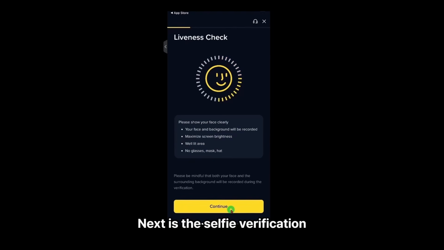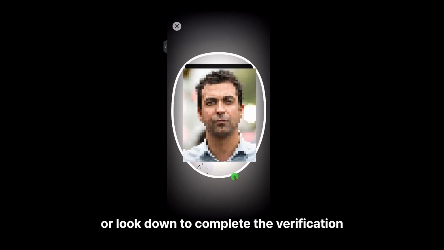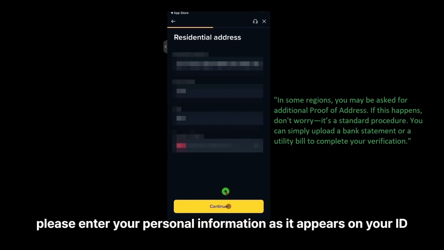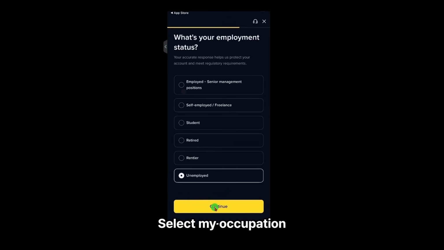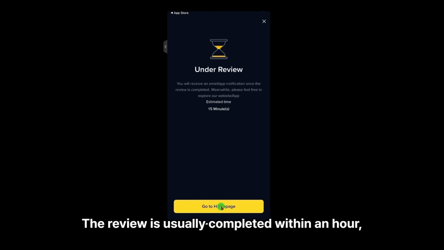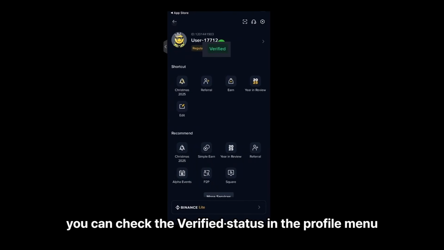Next is the selfie verification. Follow the on-screen instructions to move your head, or look down to complete the verification. Once this process is complete, please enter your personal information as it appears on your ID. Select your occupation, and then click Continue. Once this process is complete, the identity verification review will begin. The review is usually completed within an hour, and if you pass, you can check the verified status in the